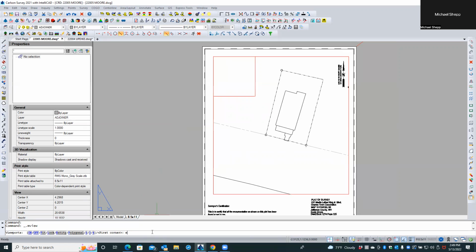Oh, but it disappeared. What's that? Oh, no, it didn't. There you go. Now select that drawn. There you go. Think that'll work. Yep. So now it's a viewport. Now, if you double click inside it,